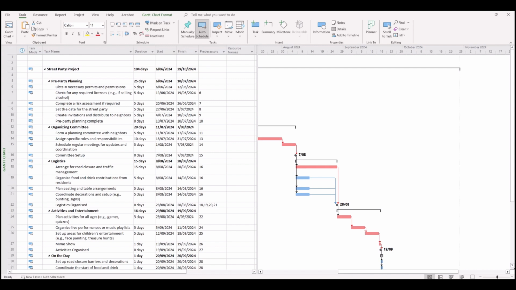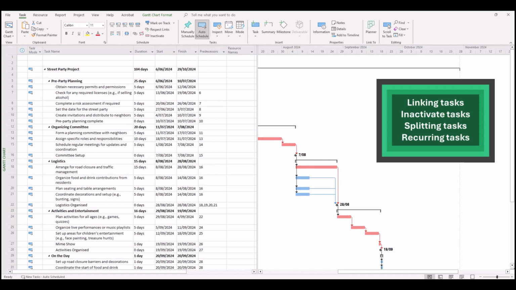Do you like change? Well, as you're probably aware, project change is inevitable. It comes at you like the waves of the sea. But the good news is that Microsoft Project has a number of features that can help us cope with change. And in this video, we're going to look at how change can be managed through the various ways in which tasks can be linked and unlinked in the context of a changing project environment.